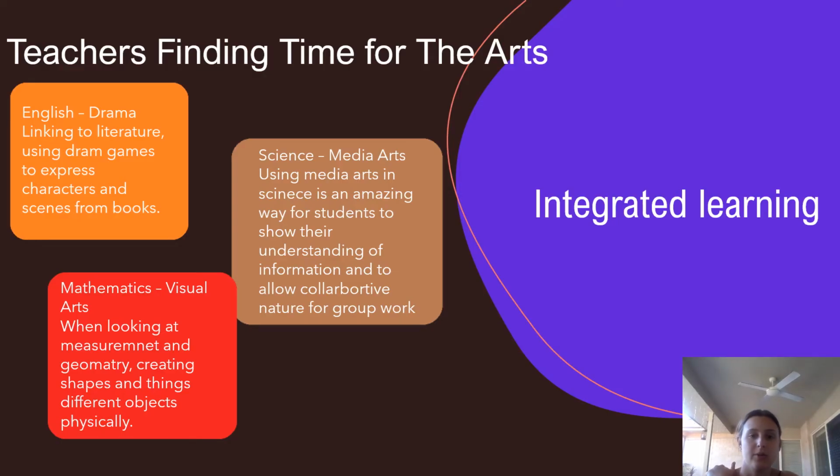Now looking at the last example on the bottom left-hand corner, which is integrating visual arts into mathematics. I'm looking at this as more of a viewpoint for preps to grade 1s and 2s, possibly grade 2s. When learning about measurement and geometry, it can be much more engaging for the children when it's a hands-on and creative experience. An example would be having Play-Doh and creating different shapes such as 3D and 2D dimensions, just so they can understand how different shapes are and the different sizes. And if it's by hand, they get more of an experience from it.